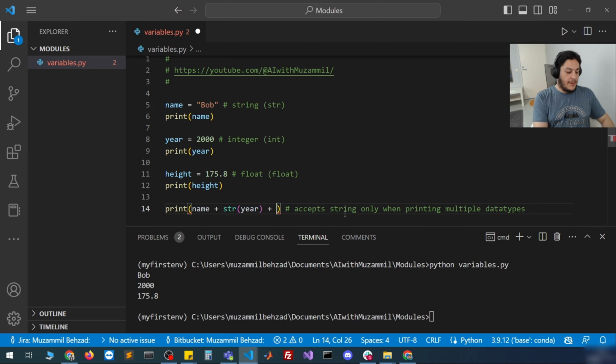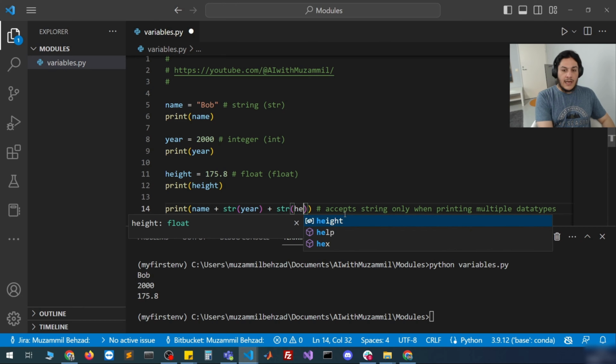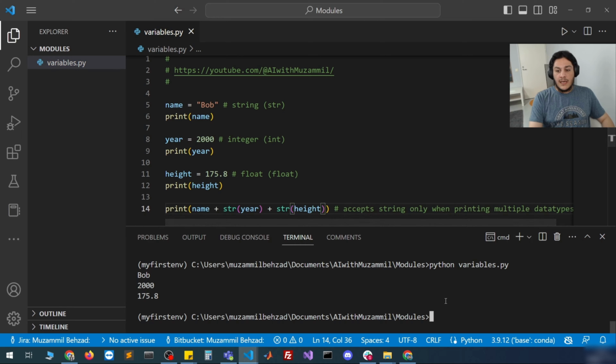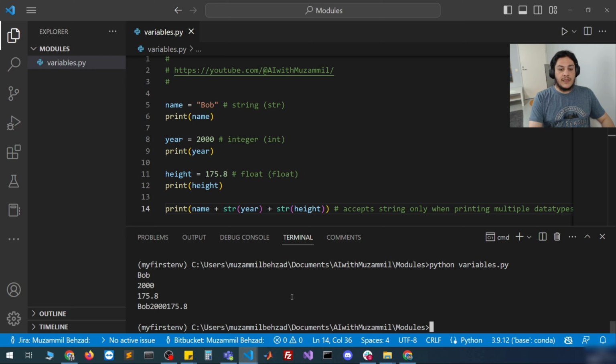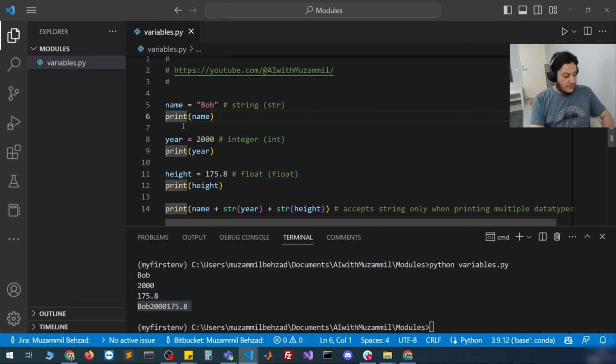And then we can also combine, let's say, the height of the person like this. And when we try to print it, we can see that we had this Bob printed here, and we had this year, and then we had this height, and then we also have this printed together. So to make it clean, we can first comment it out,